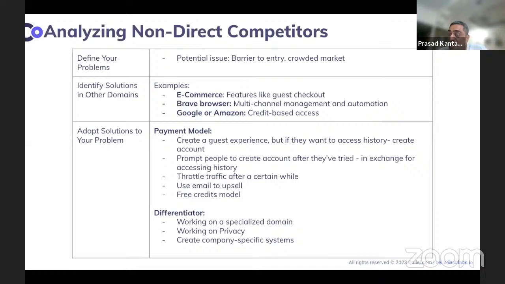The other one, you throttle people's traffic. There are so many companies that throttle the experience, that reduce the experience of a product after a certain while, until you say, okay, you need to sign up to get the experience. So that's an experience that you do. Or what about, you get pieces of information and you gradually upsell them. So these are all models that other companies have done.